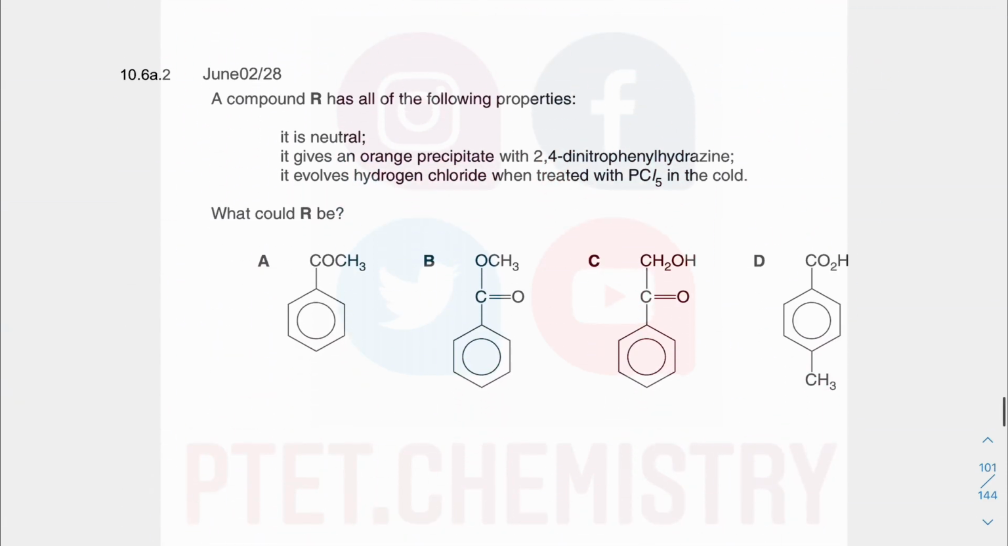So pretty straightforward then, but I've spent a bit longer on it to recap some concepts which you might or might not have forgotten. Alright, so the next bit is talking about properties. So it says neutral there, meaning to say, I believe, it is to do with pH. So here you can see you have a carboxylic acid. So I can cross these out right away. Give an orange precipitate with this